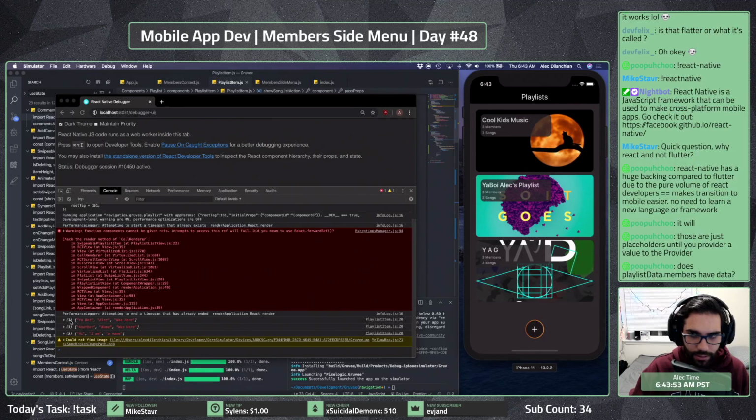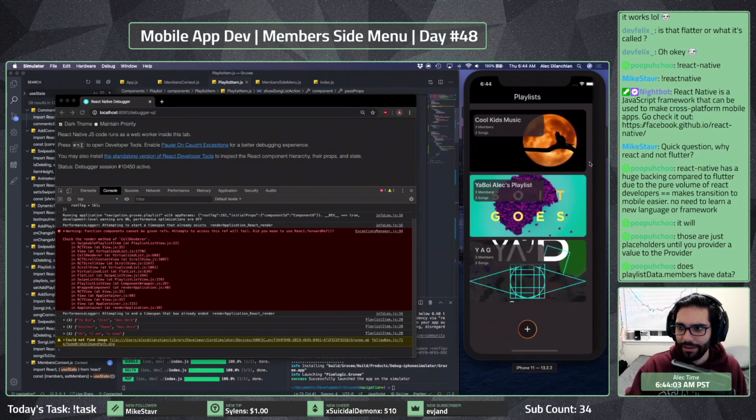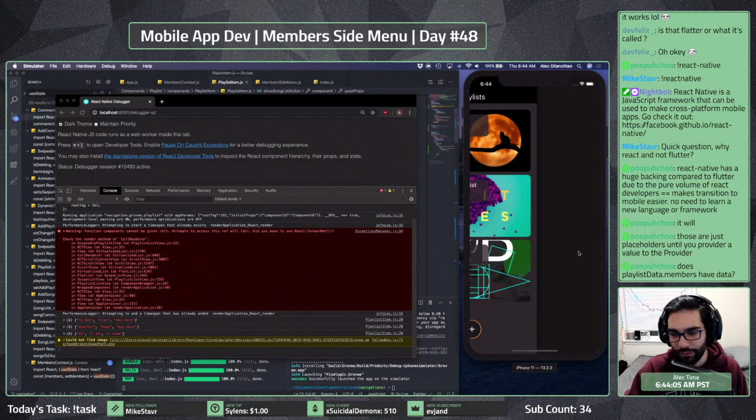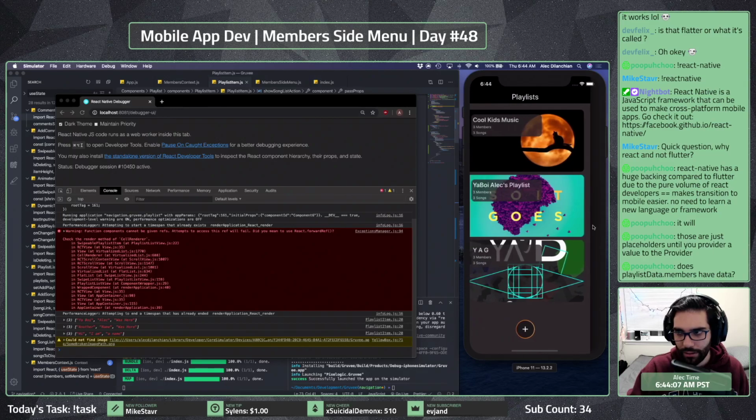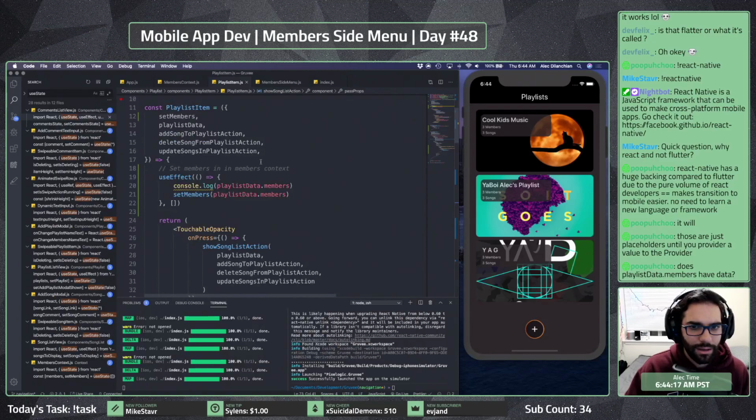So here's each playlist. They each have members in them, so that's good to know. At this point, I technically should be able to still see it over here. I wonder if my FlatList is getting messed up.